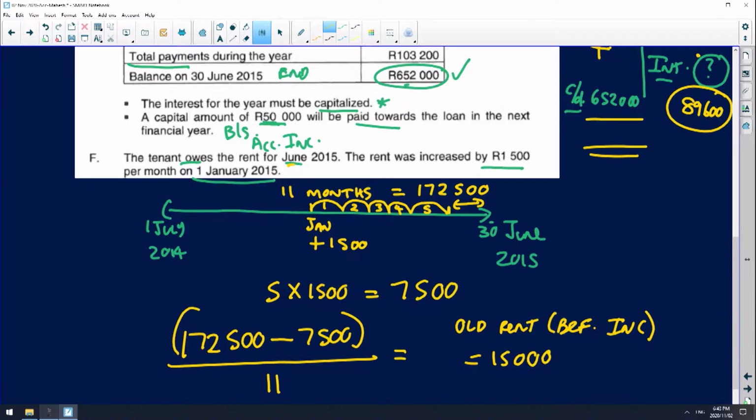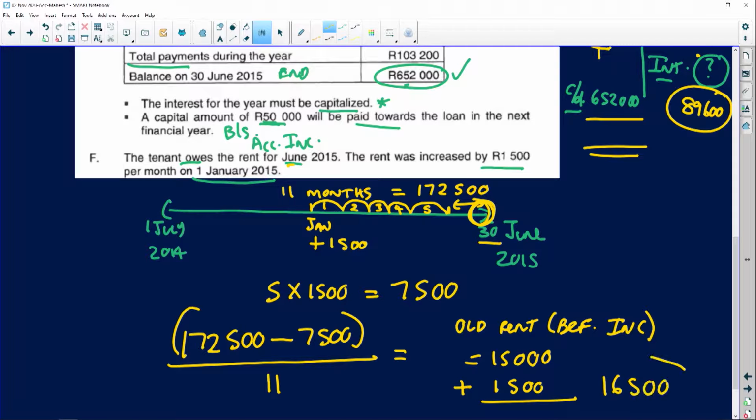Just want to quickly check that one more time, guys. Yeah, it's 15,000. So remember, the rent for June is what we are trying to calculate. What is the rent for the month of June? So it's the old rent, 15,000, plus the additional 1,500. So clearly the tenant is owing us a total of 16,500. Okay, everyone happy with that? Right, now this method that I've just shown you is the easier method, or most of my students think so,